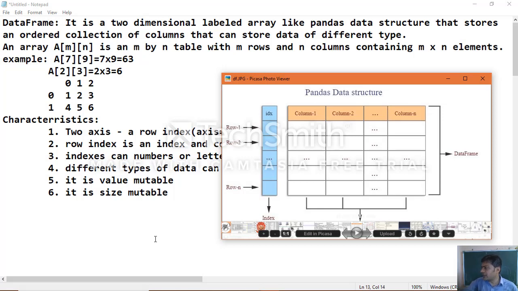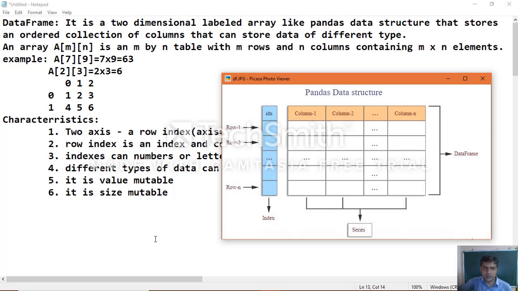So now we know what a data frame is and its representation, which is a two-dimensional tabular form, what a 2D array is and its structure as you can see in the diagram, and the characteristics and features of a data frame.